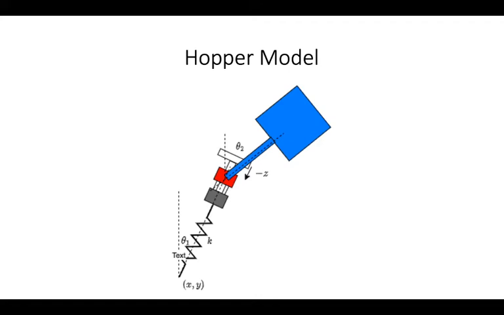The hopper has 5 degrees of freedom, with the x and y position of the leg, as well as the angle theta 1, the angle of the body theta 2, and the body's distance from the top of the leg, z. The actuators consist of a torque acting at the hip joint and a preload distance that acts on a